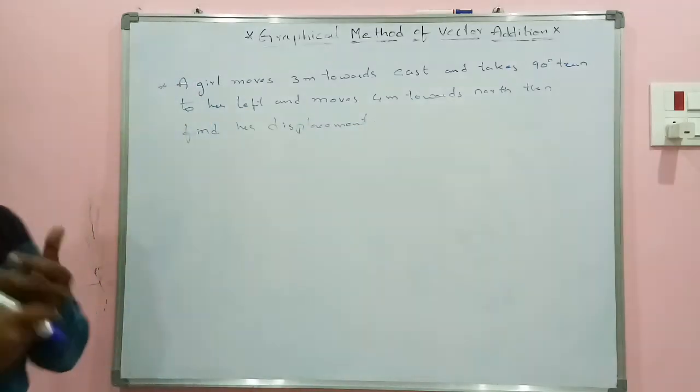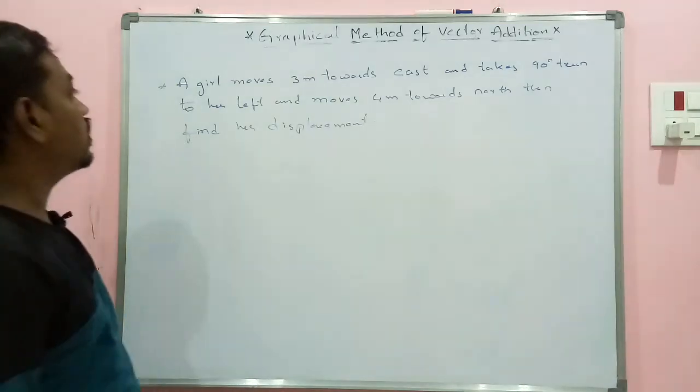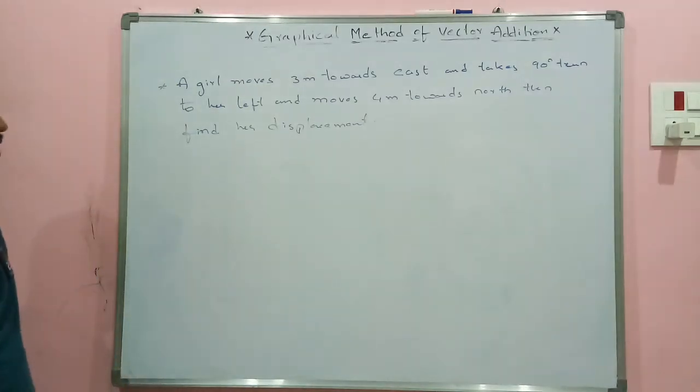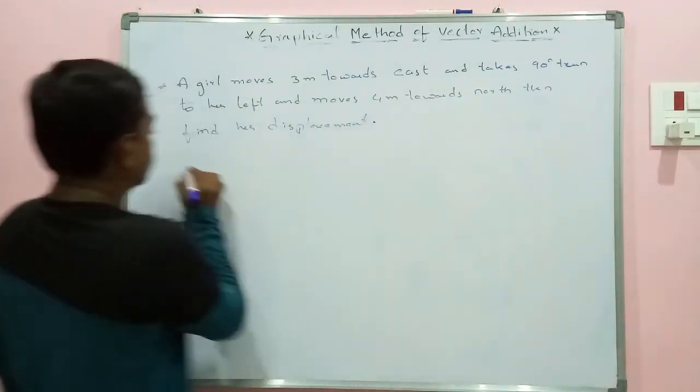Find her displacement. Let me read the question. A girl moves 3 meters towards east and takes a 90 degrees turn to her left and moves 4 meters towards north. Then find her displacement. The question is,